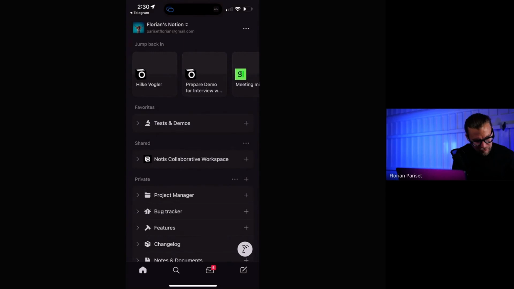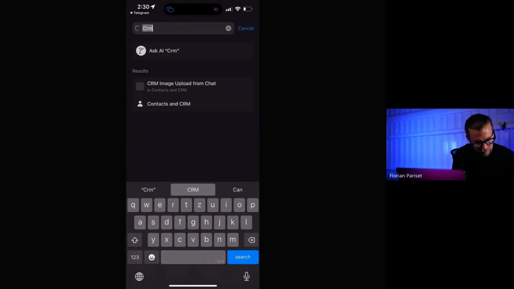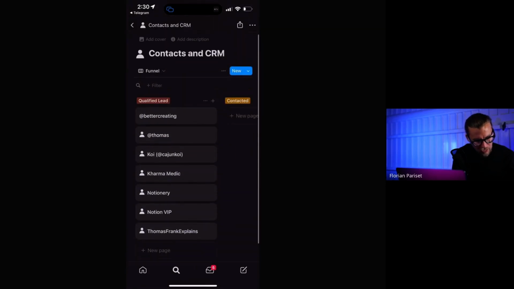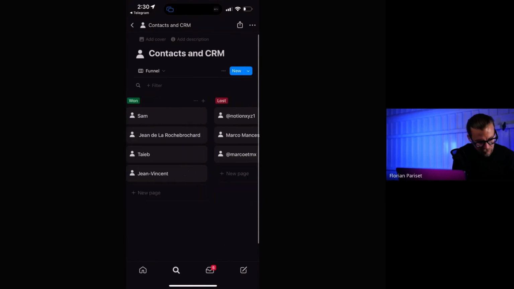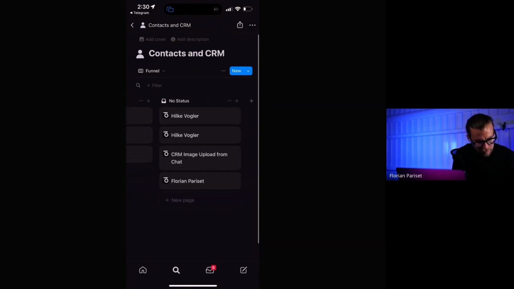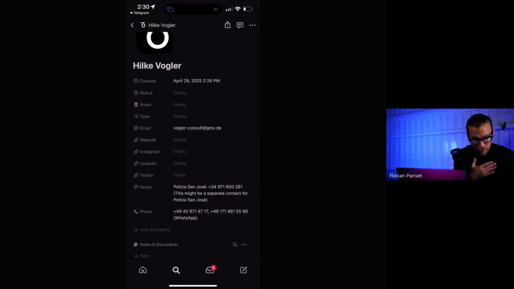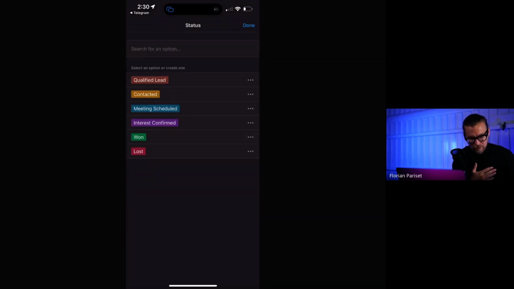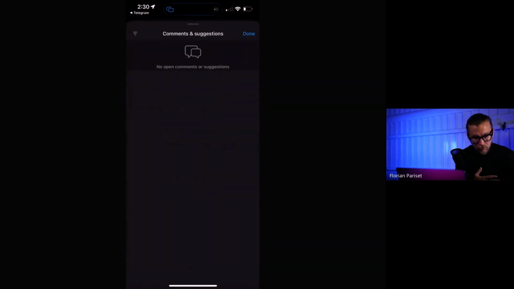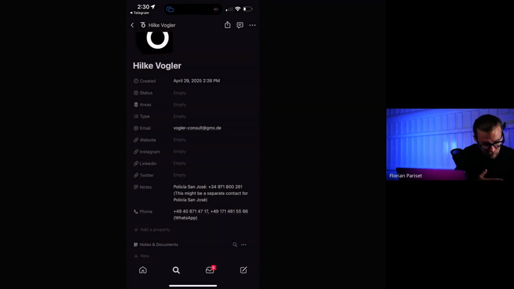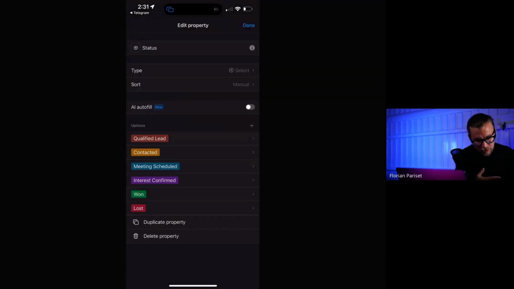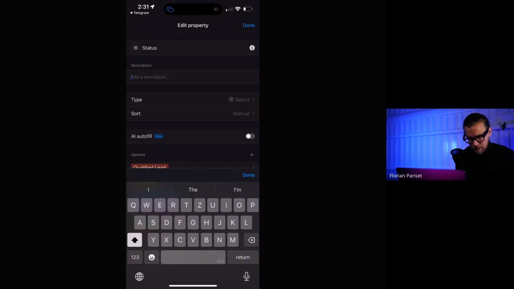But if I go to my, can I find it this way? Personal CRM. Then we'll have Hilke somewhere not categorized. There you go. And so now if I wanted, for example, Notice to know that whenever I create a new entry here, the behavior that I want is to set the status to, for example, qualified lead by default, then I could just modify that field, which was status, and just add information here and say, hey, by default,